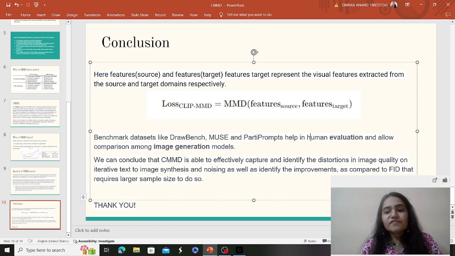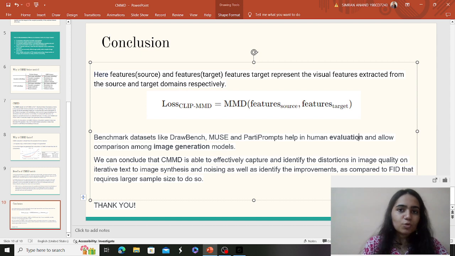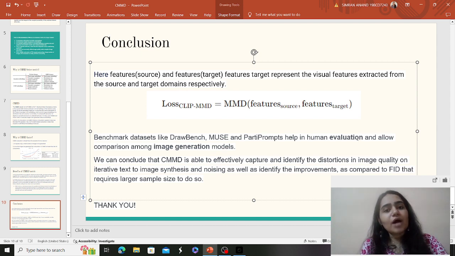Now, coming to this point of human evaluation, it all boils down to human evaluation, because that is what is finally telling you the results, or is finally able to distinguish the image quality if the image quality is degrading. How will you be able to identify the image quality, or say that out of the two image distributions you have, which one is a better image? So evaluating quality and diversity can be done with the human eye also, and that can be done with aesthetics, truthfulness, relevancy and all, different metrics again. So human evaluation is something which we can rely on.